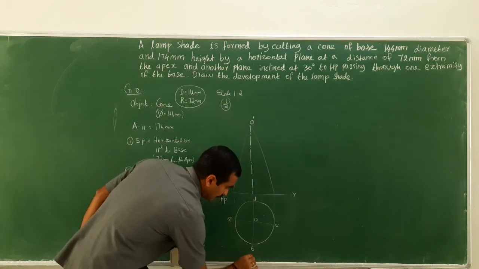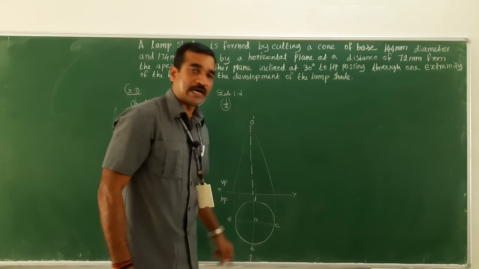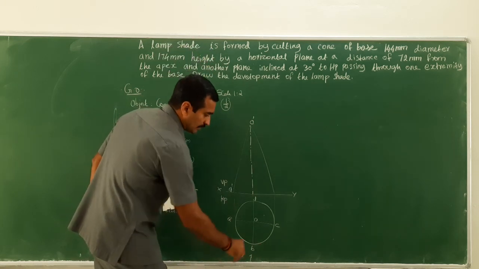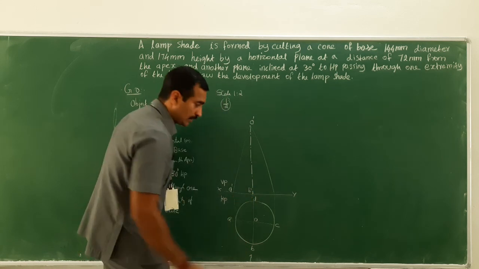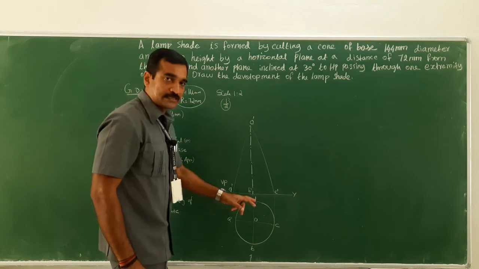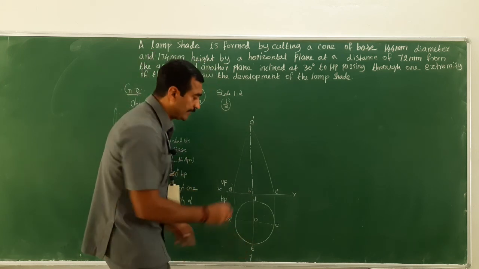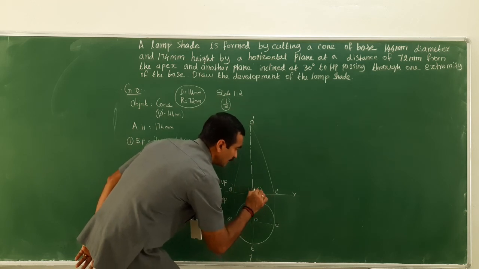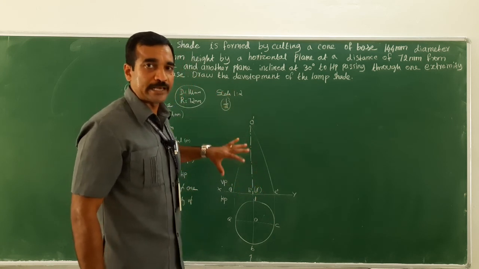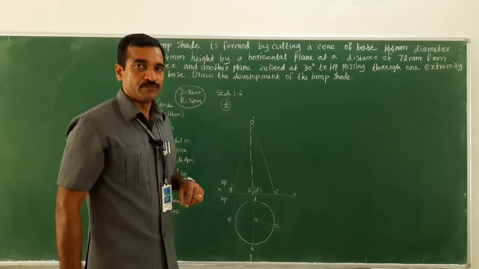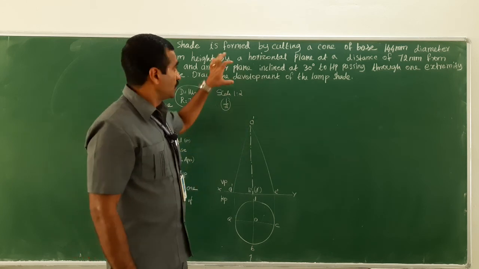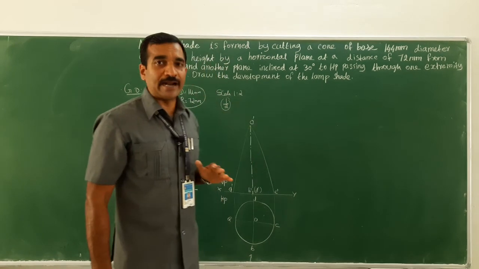When you look at from here, OA, OB, OC are visible. So O dash, A dash, then B dash, O dash, then C dash, O dash is visible. What about D, which is behind B? Therefore, D is invisible. The simple resting position of this particular cone has been drawn here, the top view and the front view. Don't draw anything as dark line or object line, because a couple of cutting planes are used to cut the object.